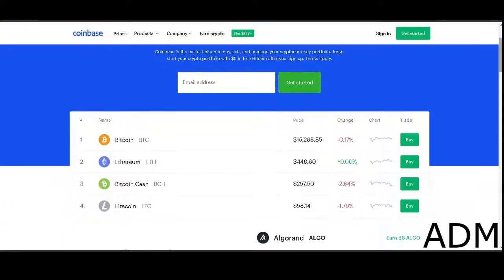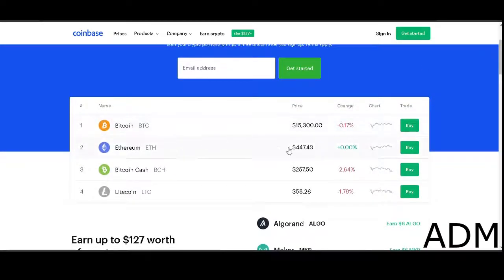So there's Bitcoin, there's Ethereum, which we spoke about, there's Bitcoin Cash, there's Litecoin. If you want to know the value of an Ethereum, 1 is equal to 447 over here. So it is very valuable. People here are always trading Ethereum to dollars, dollars to Ethereum, dollars to Bitcoin.